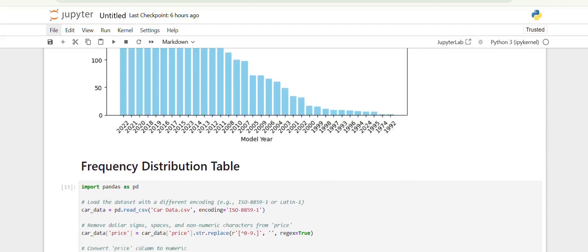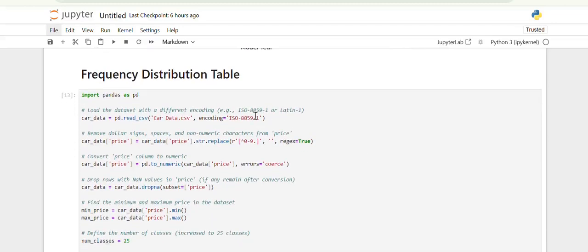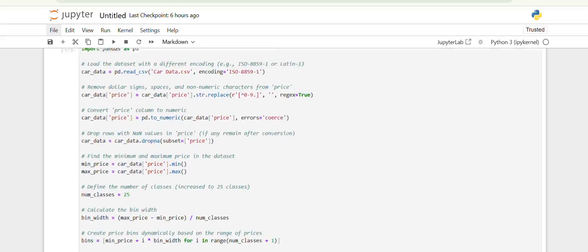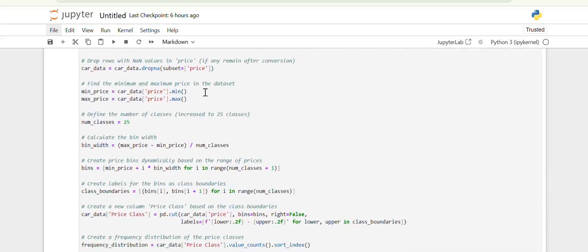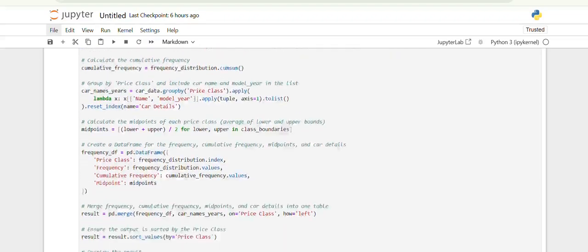First of all, we draw the frequency distribution table. Here we see that we have imported pandas and read the CSV file. After that we remove all the NaN values of the whole dataset. Here we can see the minimum and maximum, the most important things for the frequency distribution table, and the number of classes as well as the interval of the whole class. And after that, at last, when we run this,